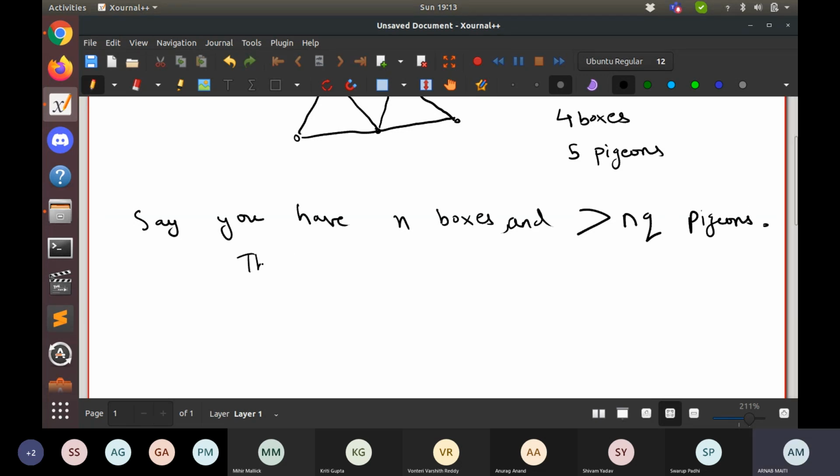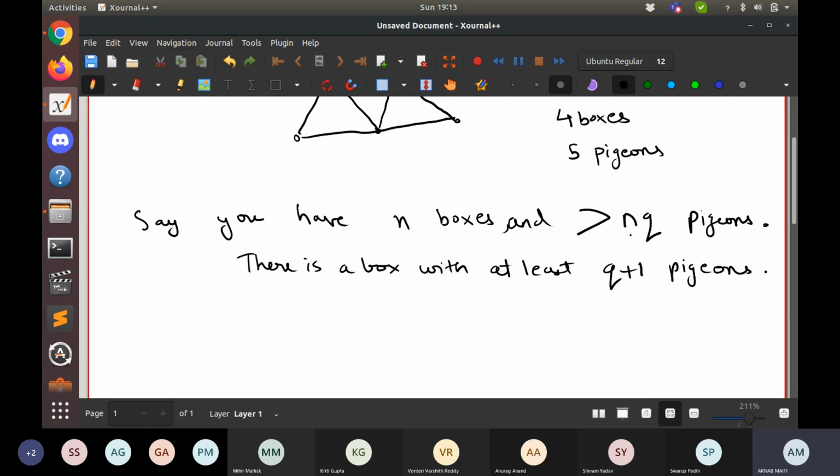Then there is a box with at least q plus 1 pigeons. This can be proved very easily, by contradiction. Suppose you have at most q pigeons in each box, then the number of pigeons will be at most nq in total. But you have more than nq pigeons, so that's the contradiction. So this is your general statement of the pigeonhole principle.